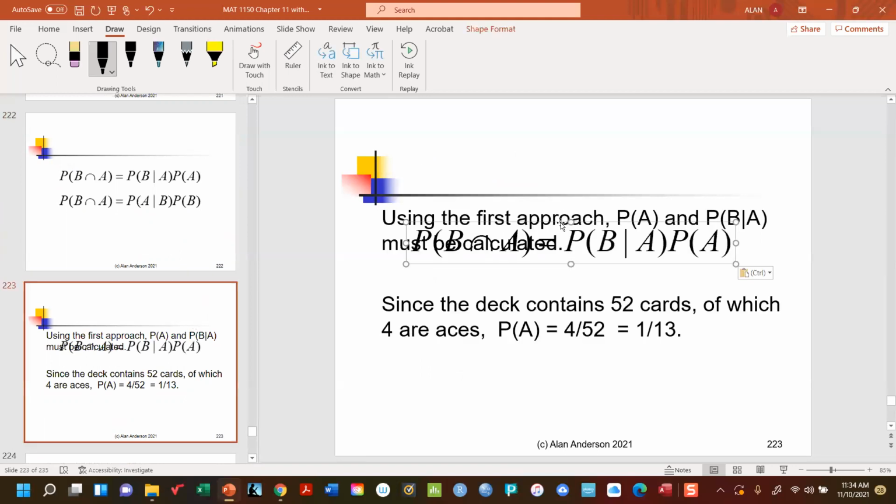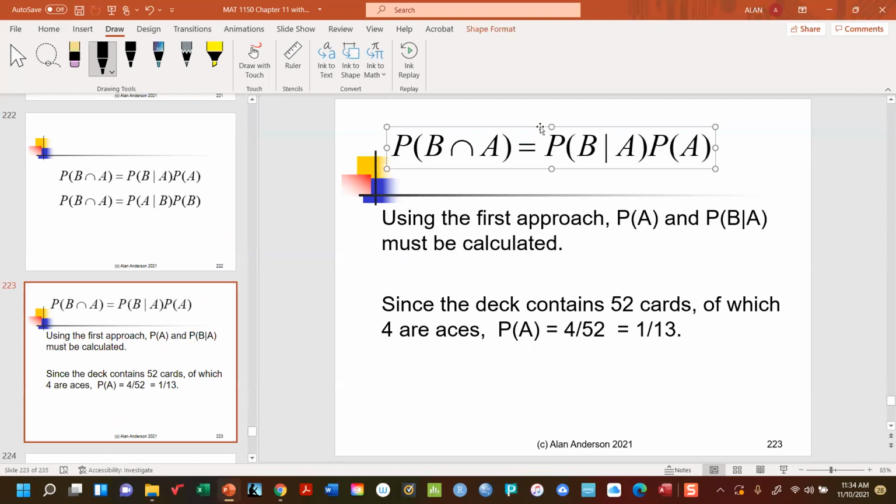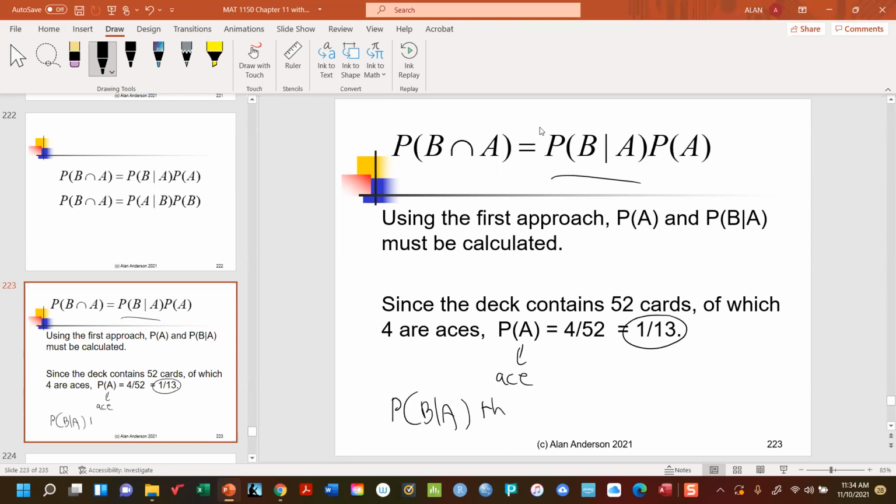Then we need to know two things. What's the probability of A? Now remember, this is an ace. 4 out of 52 cards are aces, which gives us a probability of 1/13, which means we still need this probability. B given A means the probability